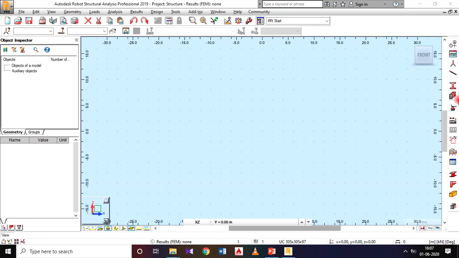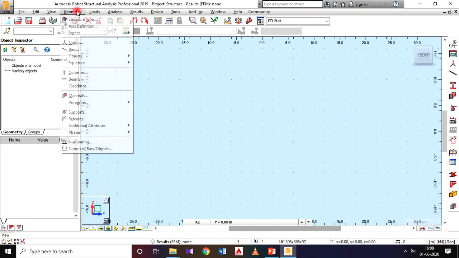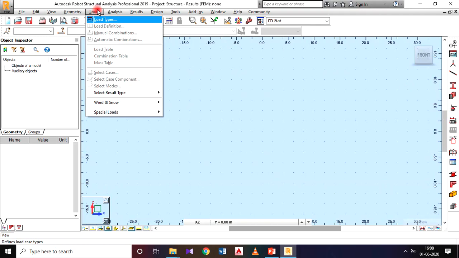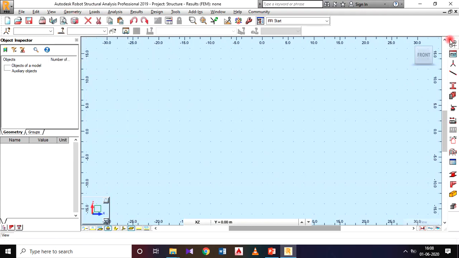This one we can call the structural modified toolbar. Here we have the axis definition, bars, and supports, which are available in the Geometry menu, or it may be in the Load menu. Those options have shortcut keys on this bar.